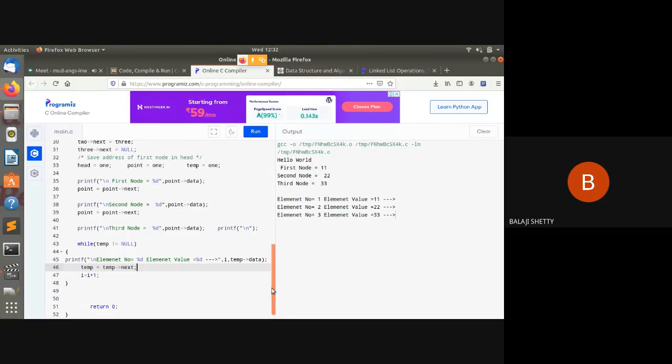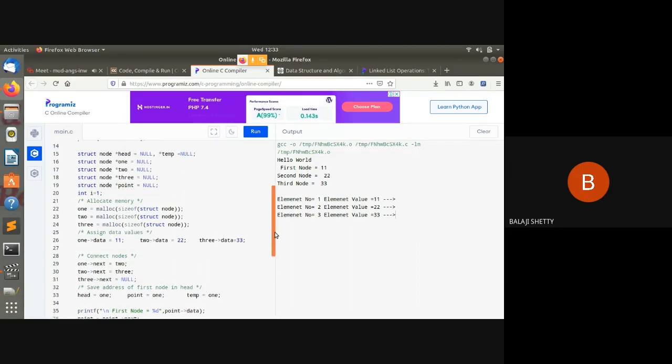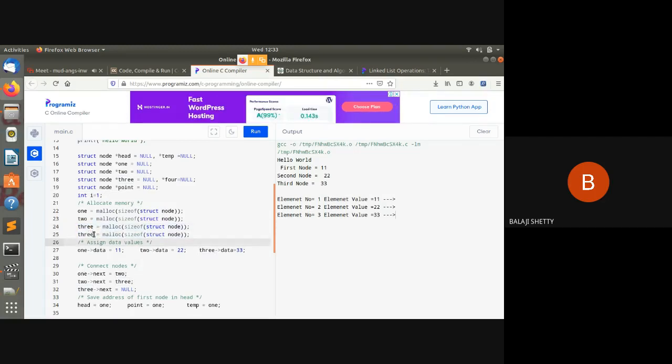Again I can take one more element. Okay. If you want to take one more element, what you do? Take here, comma star 4 equal to null. Okay. Then here copy paste 4, okay, and here 4 data equal to 44.